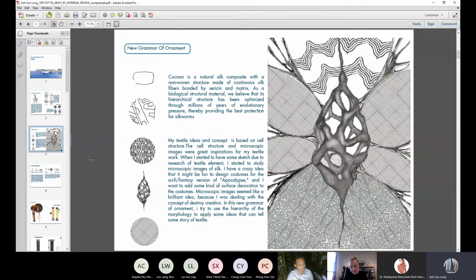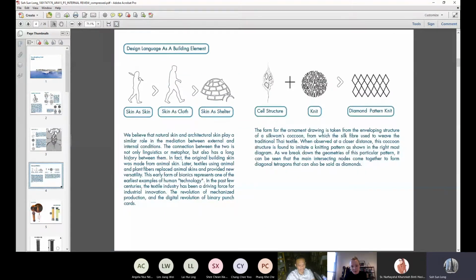For my idea of the grammar of ornament, I am trying to use the concept of the cocoon structure and combine it with the textile to become a new language of my grammar of ornament. As I observed, the cocoon structure has a skin to envelop the worm inside.